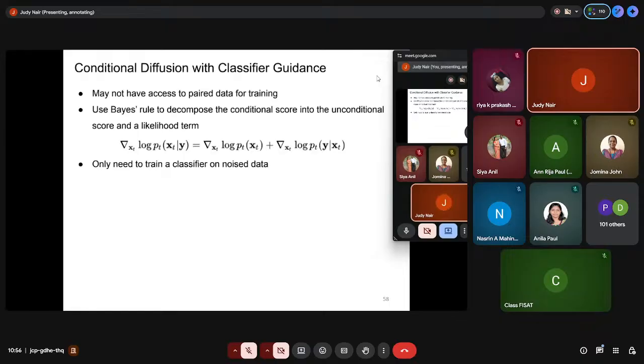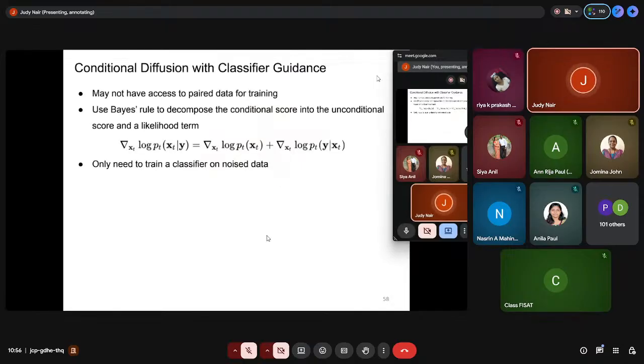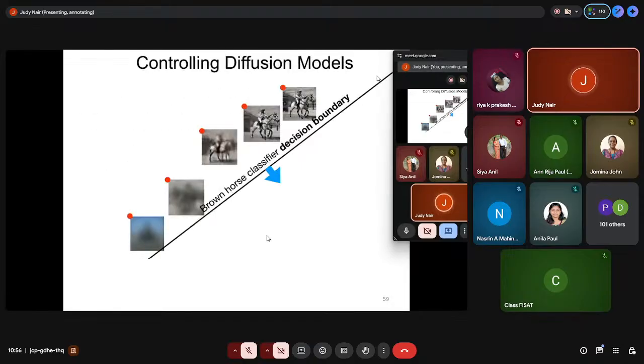So during sampling itself, the sampling is nothing but the reverse diffusion process. In general diffusion models, we know that we predict the noise. Along with the noise, you can add a classifier gradient also. Okay, so this was introduced in a paper. So this is just one type of conditional diffusion model.